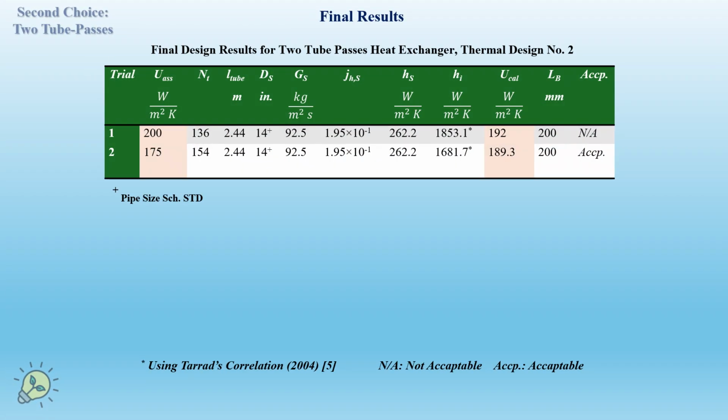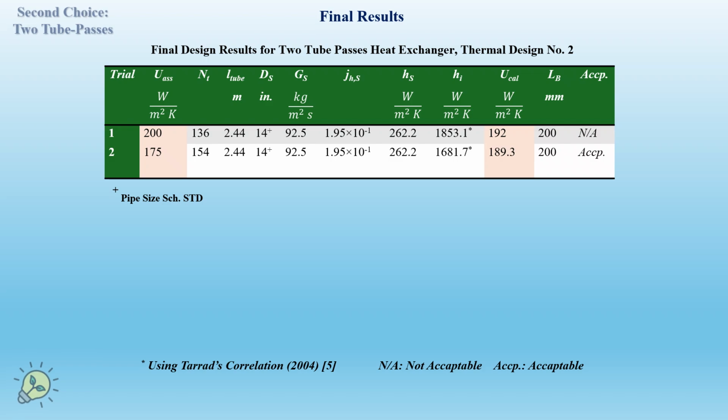After repeating the calculations, we got the final results in the form of this table. We started with U naught assumed 200 and ended with a calculated value of 190 with a tube length of 2.44. Then we reduced the assumed value to 175 with the same tube length,